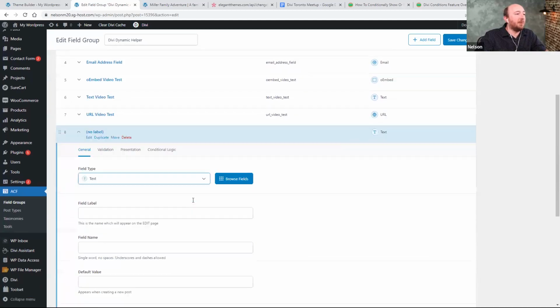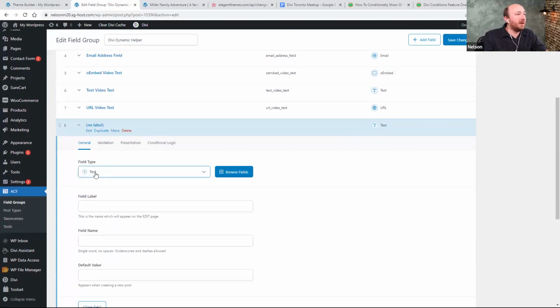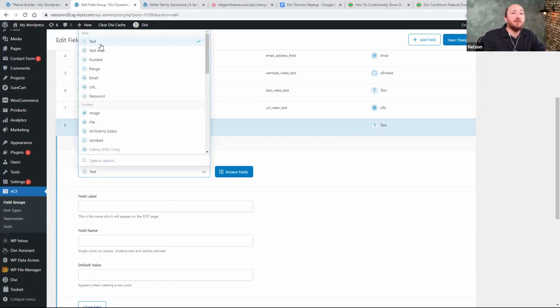There's lots of options. This is in Advanced Custom Fields. So I could choose the type of field. Do I want it to just be a text? Do I want it to be a text area? It's almost like a form in a way. Do I want it to be a number, a range, maybe a URL? How about an image? Like if you want your client to change the image, but you don't want to be contacted to do it because they can do it, but you don't want them to mess up the front end of their website either. So you can put an image field in here